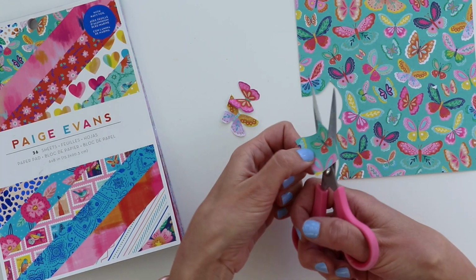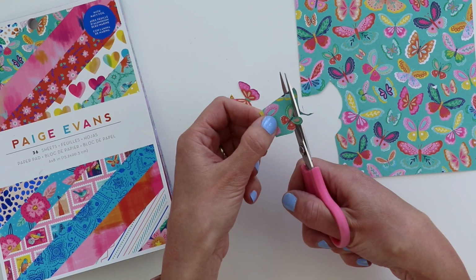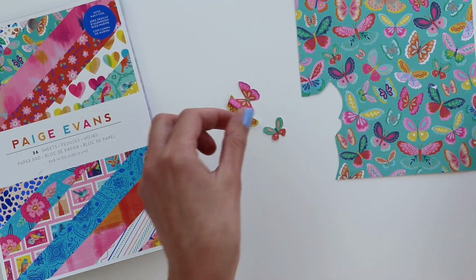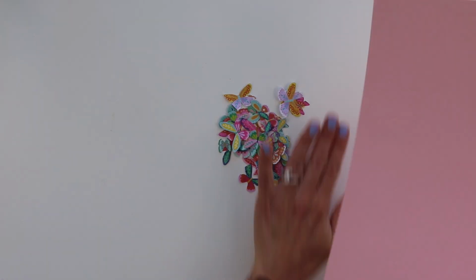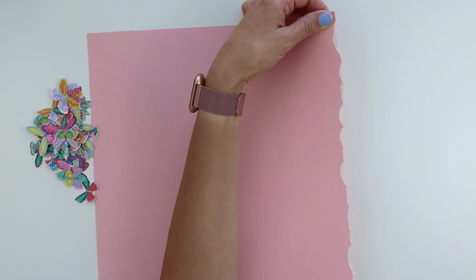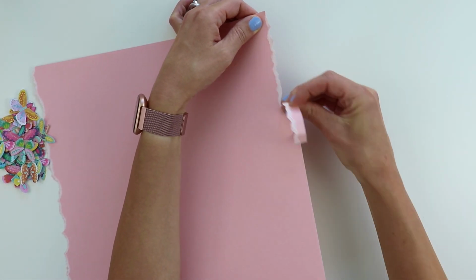And so I decided to fussy cut all of these butterflies. And since they're on the 6x8 paper pad, they are a little bit smaller than the butterflies you'll find on the 12 by 12 paper. And that's okay. I really wanted to get creating, and so I just spent about an hour fussy cutting all